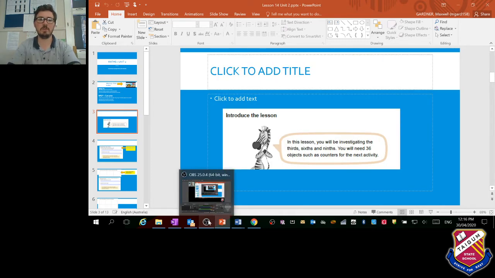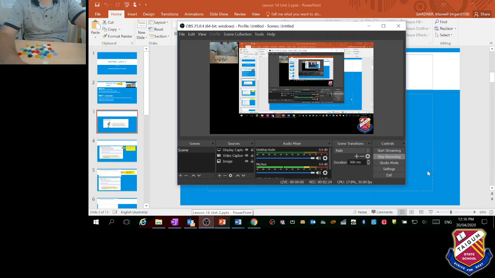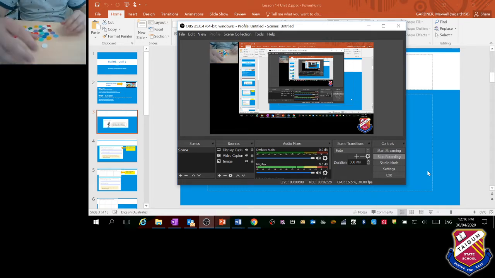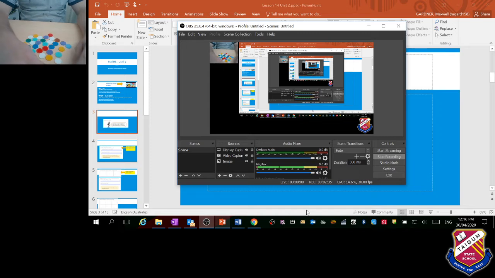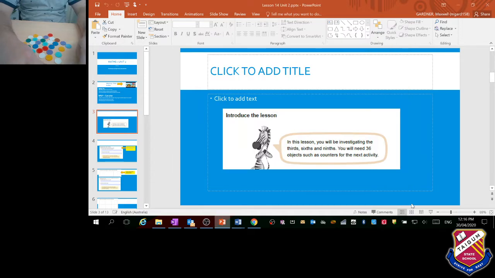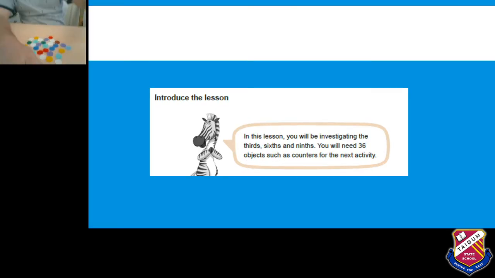Now let me just move the camera because I'm going to try and do some of the teaching like this. So you can see that I've got 36 counters here. Okay. Now hopefully you can see that all right, because it's going to be a little bit tricky. So if I go back to here,